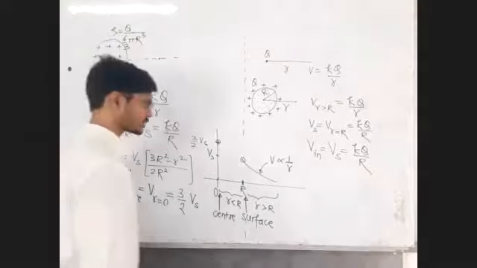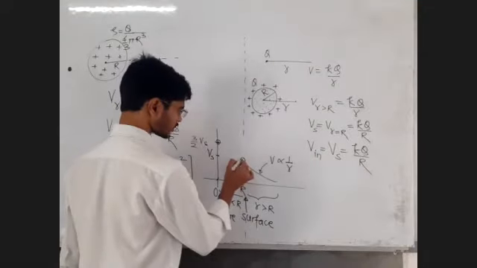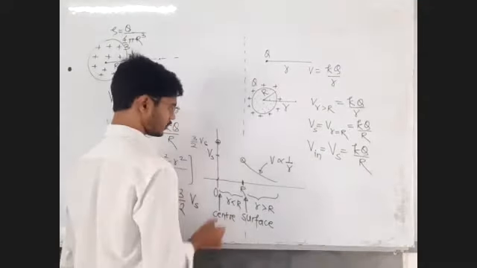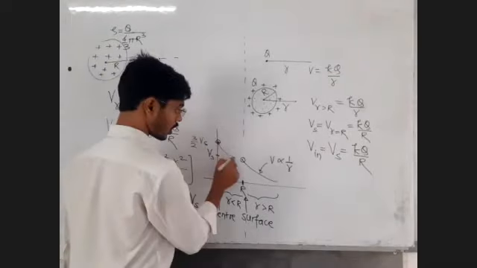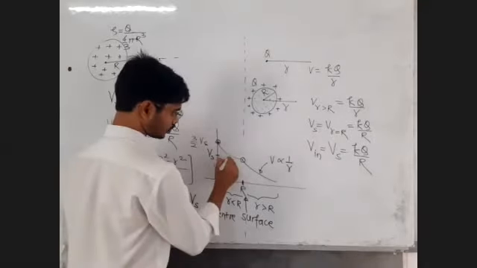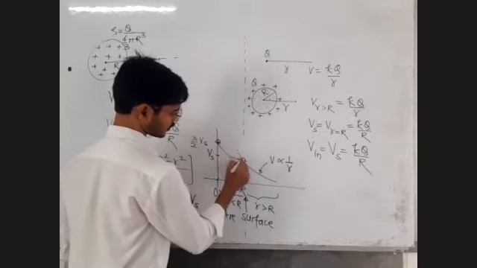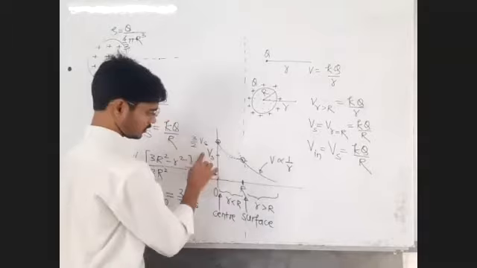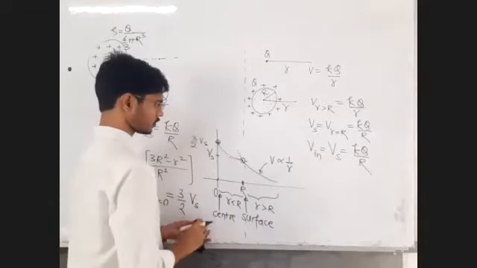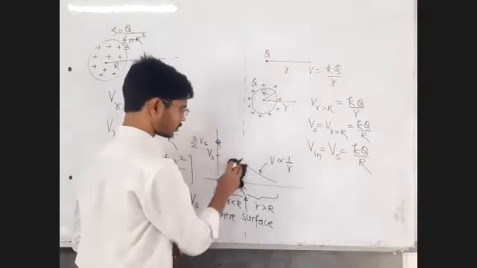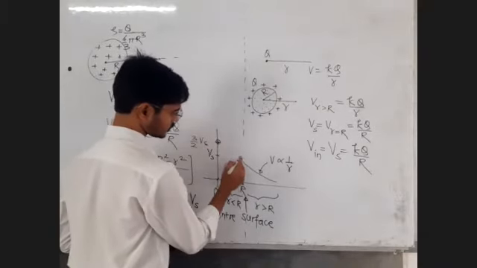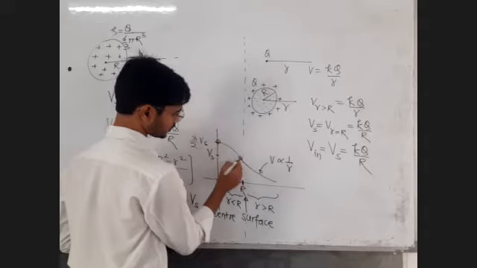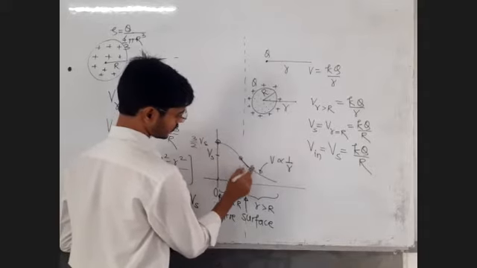Now it is obvious that on the surface the electric field will not be discontinuous. There is no reason for the slope of this graph to be discontinuous. So it will not be this graph. Otherwise there will be two values of electric field on the surface. Tangent, dV by dr. So certainly the graph is expected to be like this. This is how you have to make decisions for the graph. Understand this additional sense that I am trying to give you.